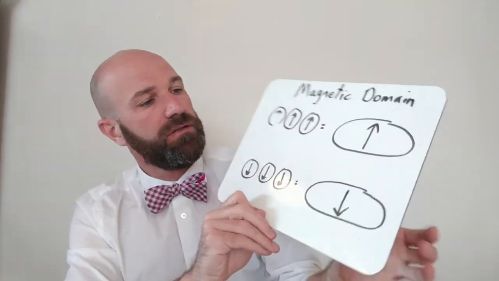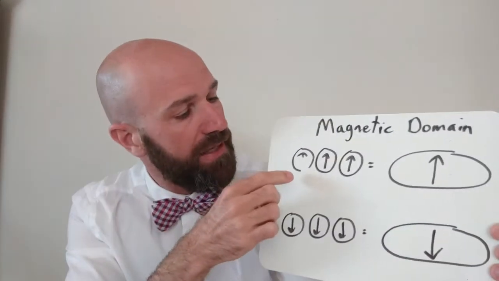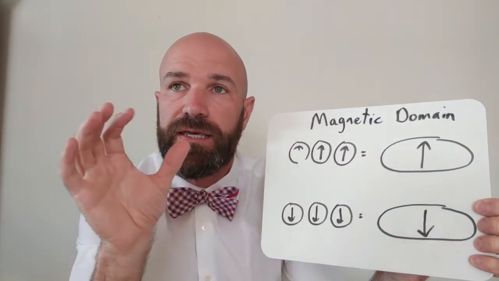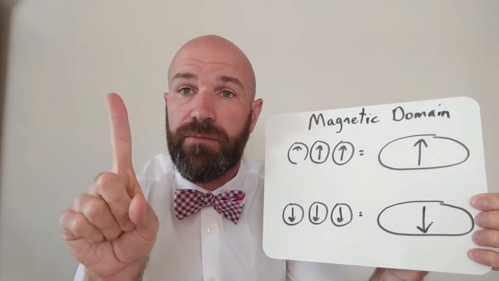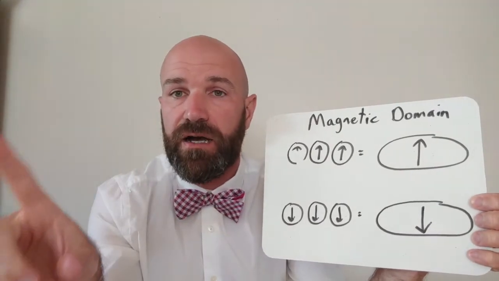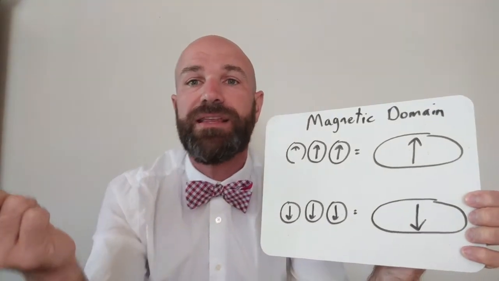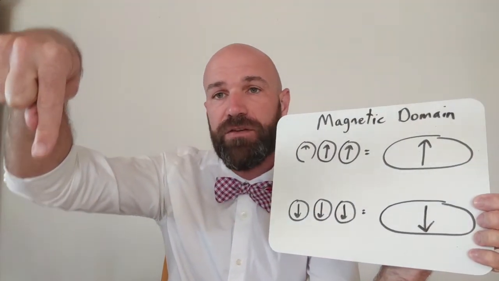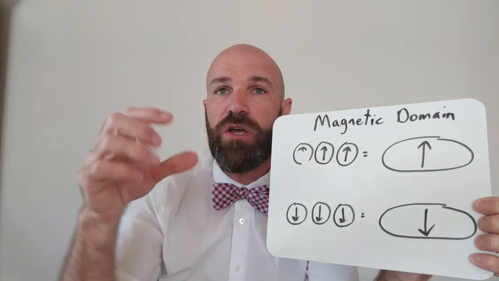You can imagine that individual atoms can have electrons that are all spinning up, and maybe there's an iron atom where the electron spins don't cancel, but are making a magnetic field that goes down. So if you have an iron atom that makes a magnetic field going up, and right next to it you have an iron atom making a magnetic field based off its own electron spins going down, those two magnetic fields will cancel each other out. If you get a whole bunch of atoms that are all in the same way,